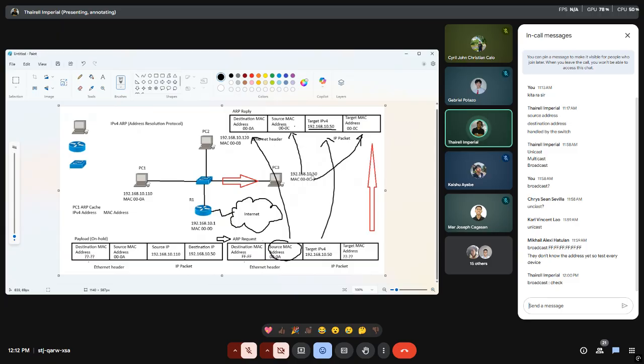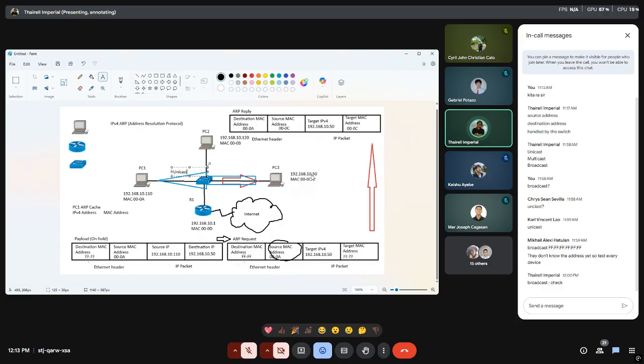And with all of this information now held accordingly for our reply, we're just gonna remove those. Our PC number 3 will now communicate back to PC number 1, but the question is, will it still be a broadcast? No. It will not anymore be a broadcast. So that will now be a unicast, as a reply. Okay. So this is now a unicast.